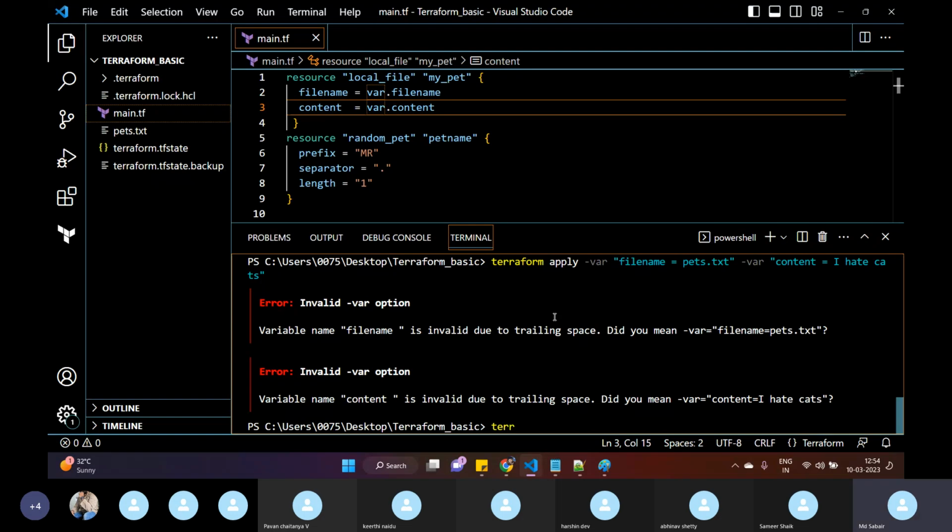Terraform apply -var. Okay, file name will be